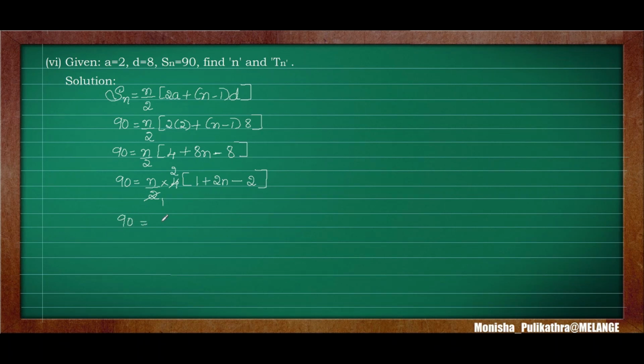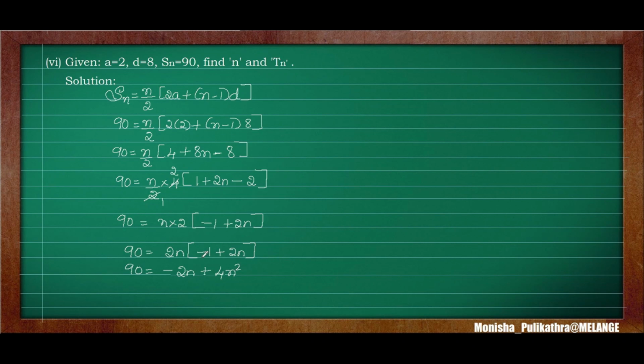So write 90 is equal to n into 2 into here, minus 2 plus 1. Here it is a variable, so we just separate it once again. So minus 2 and 1 is minus 1 plus 2n. Okay. So next the equation will become n into 2 is 2n into minus 1 plus 2n. Next we need to multiply 2n into minus 1. So 2n into minus 1 is minus 2n, plus next 2n into 2n is 4n square. That is 2 into 2 is 4, n into n is n square.